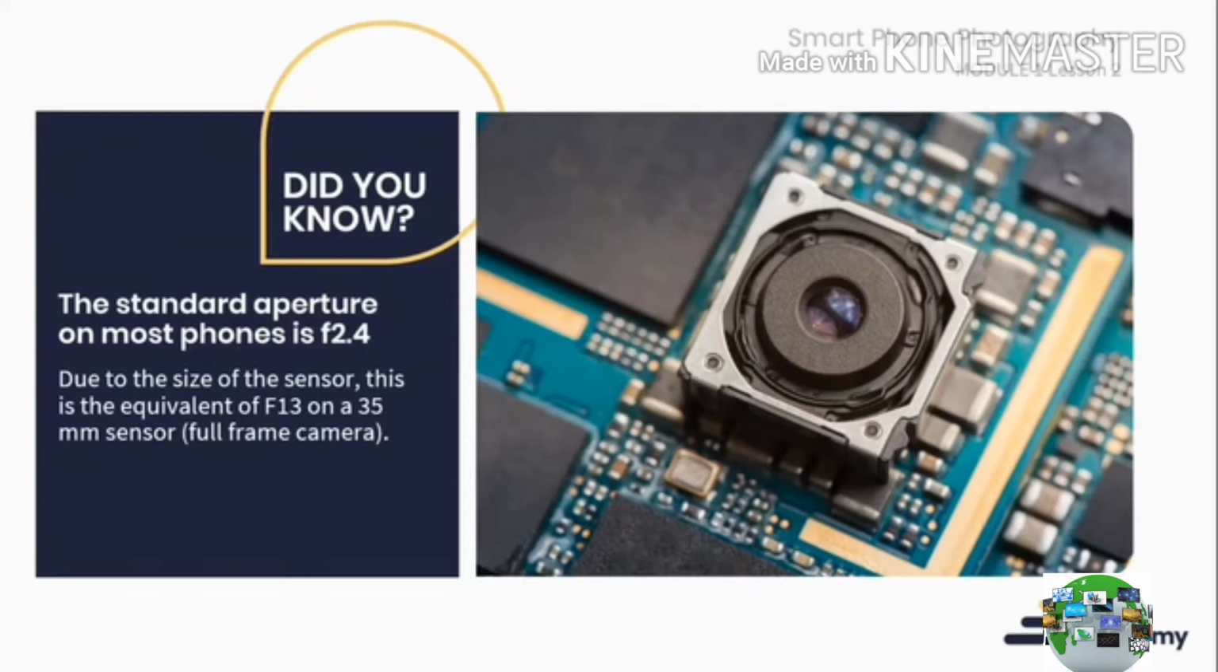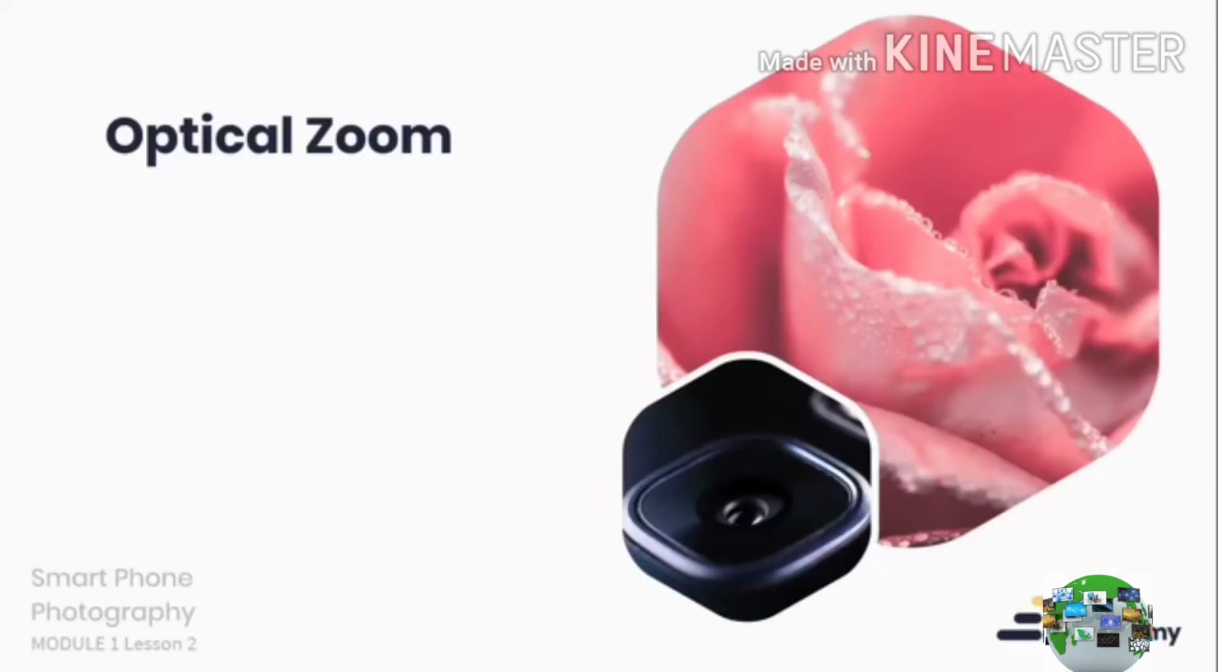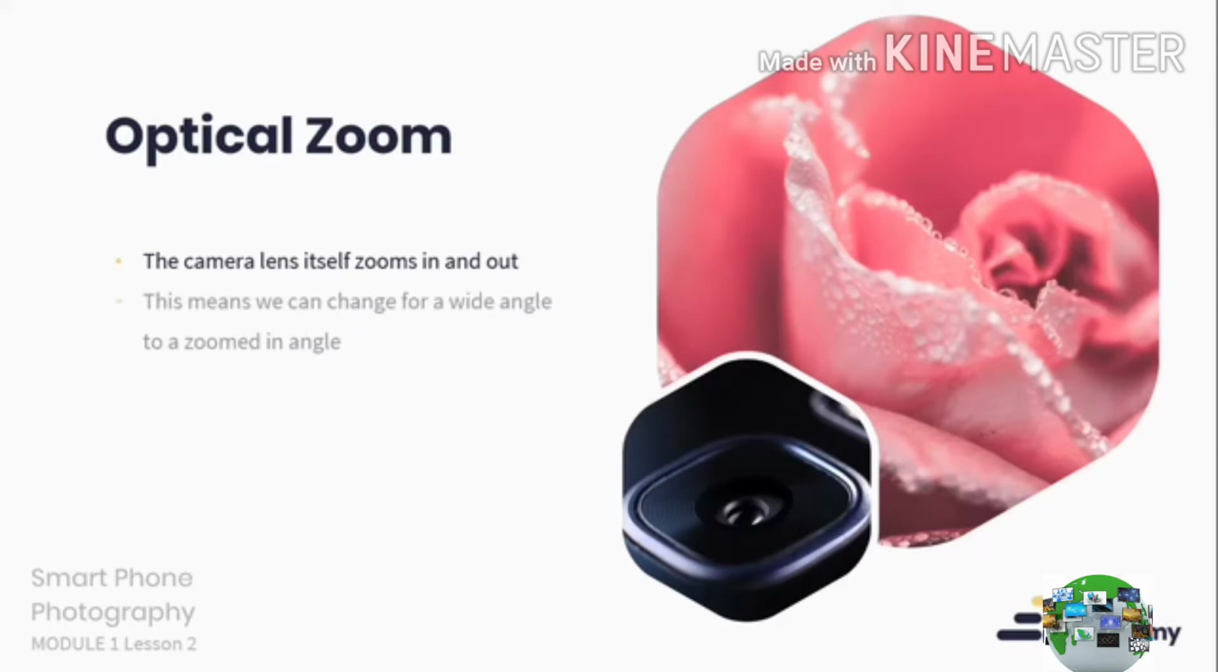Now, the final two things then just to speak about in terms of our camera lenses are optical zoom and digital zoom, and what the difference is between the two of them. Optical zoom is when the lens itself will zoom in and out. So some lenses have the ability to zoom in and zoom out on an image, and that actually happens through a mechanism in the lens itself. It means we can change from a wide angle to a more zoomed in angle of view,